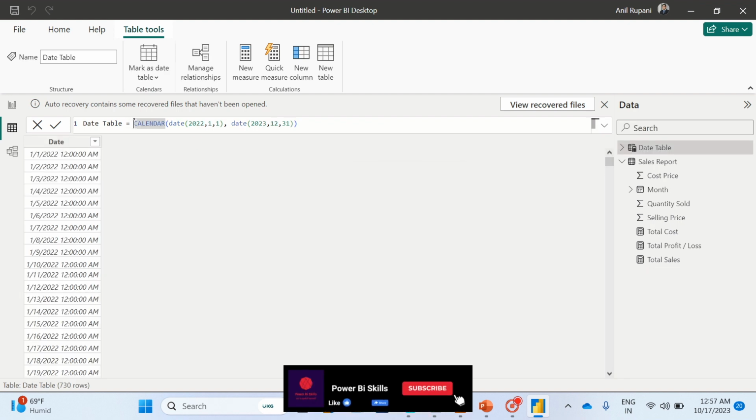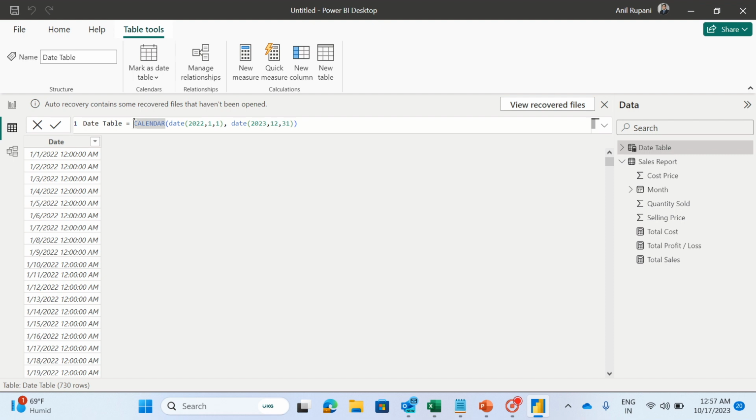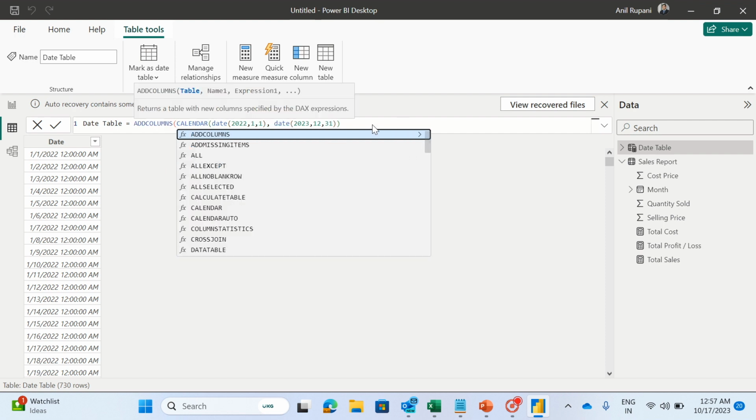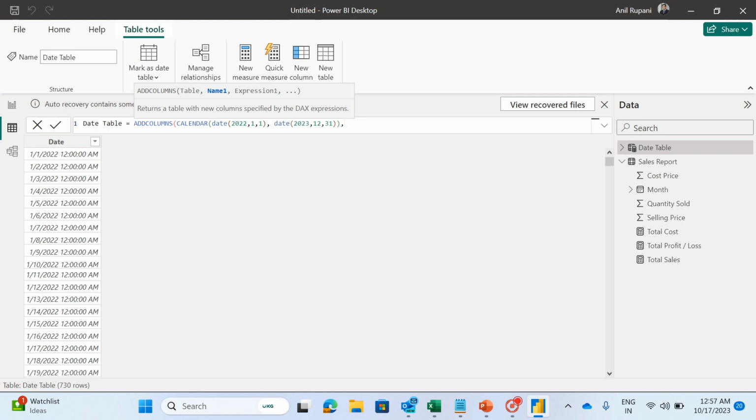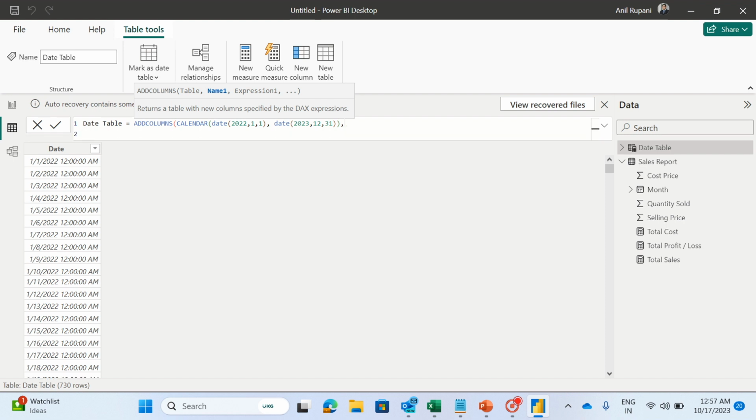So I have already covered this concept in details in my previous video, where I have explained how to create a calendar table and how to create a fiscal calendar table with the help of DAX function. You can refer to that video. So I'll be adding a few more columns in this date table. For that, I'll be using a DAX function add columns. I'll shift enter. I will add a column name year,